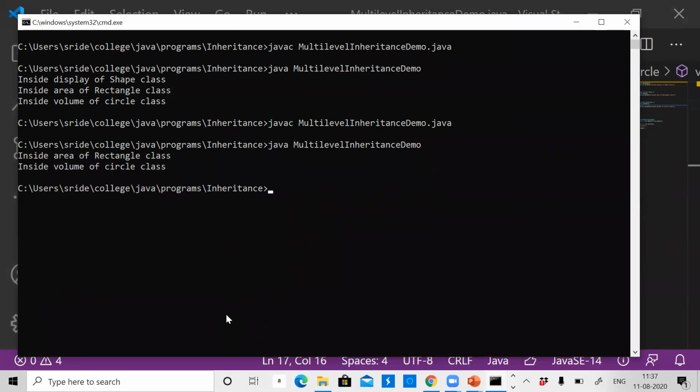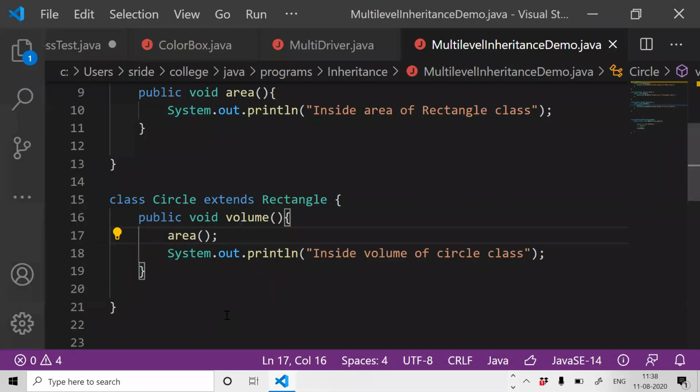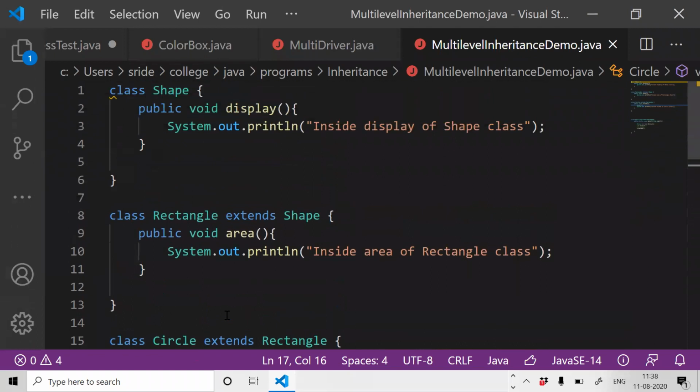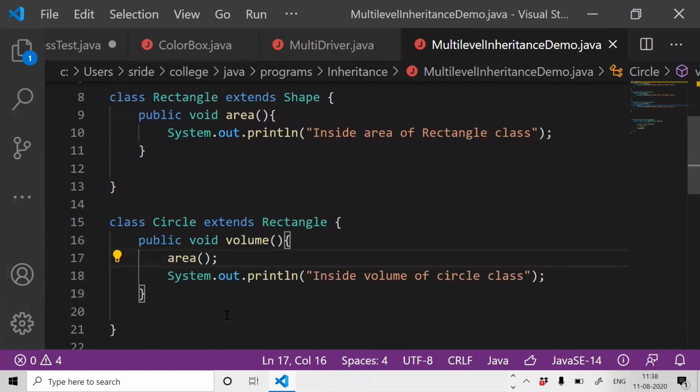Checking all alternatives will let you become good at OOP concepts. So when I call the volume method, inside it the first call is the Rectangle area method. So it is called, and after that the print has happened.